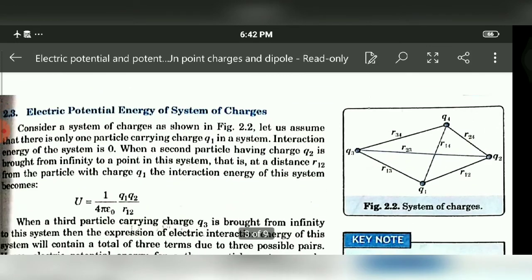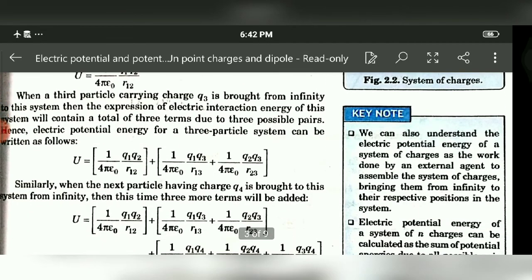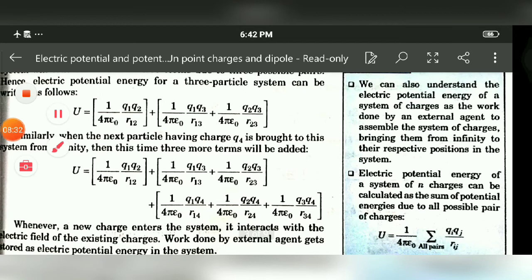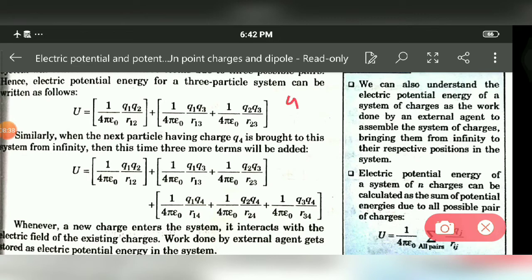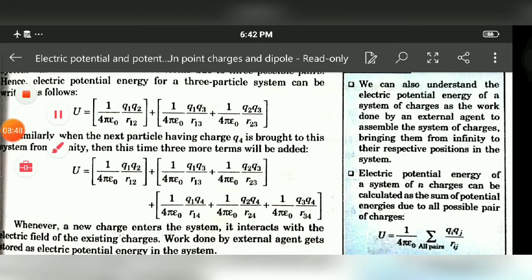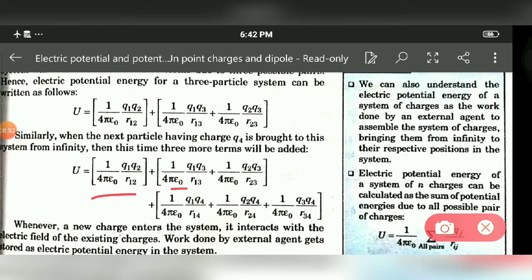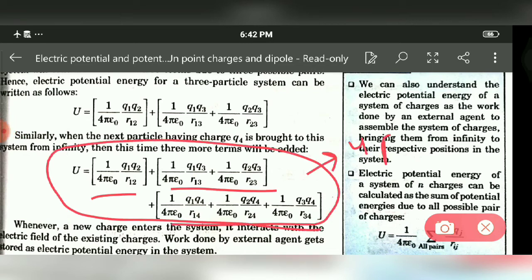Now if we have a system of 4 particles or n number of particles, this will go on as such. This is for if we have 4 particles in a system. So for the first, again it was going to be 0. For U2 this is going to be this, U3 is going to be this, and U4 is going to be this. So if we have to calculate total energy, it is U1 plus U2 plus U3 plus U4. U1 is 0, so U2 plus U3 plus U4. This is the result of final energy for the 4 particles.